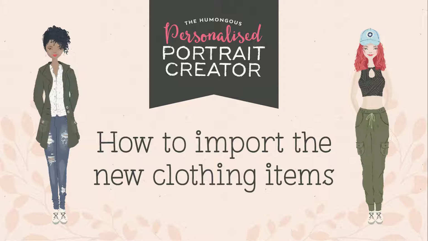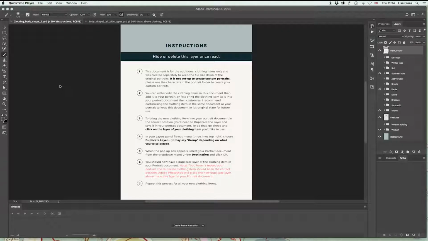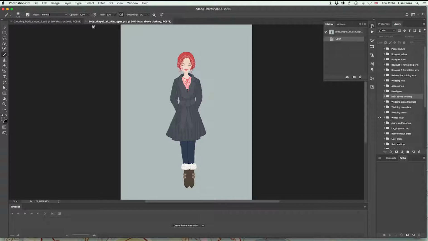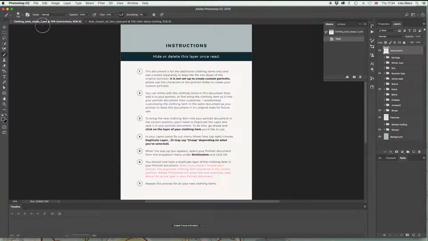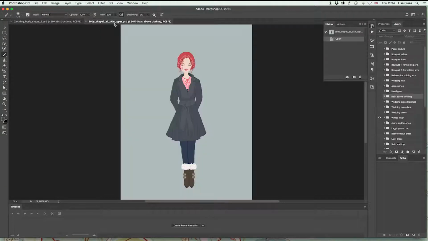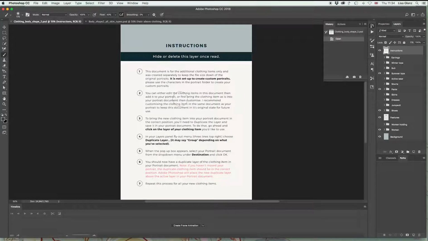This is just a quick tutorial on how to import the new clothing items in the female portrait. Okay, so the first thing you're going to do, make sure that you have the portrait that you're working on open. In this case, I'm using Body Shape 2. And then you're going to open up the clothing Body Shape 2, which corresponds with the actual body shape that I'm working on. So just open up the additional clothing items and make sure that you're using the correct body